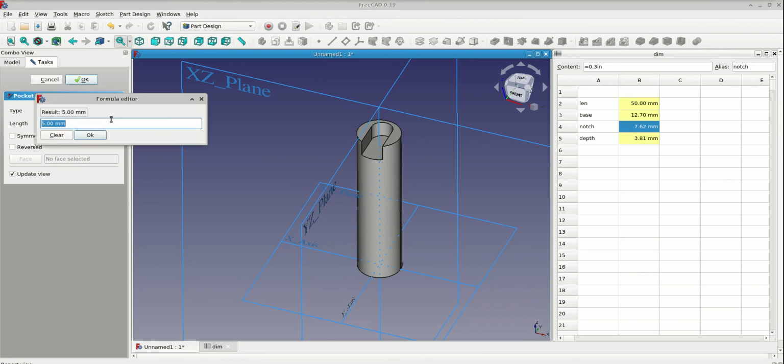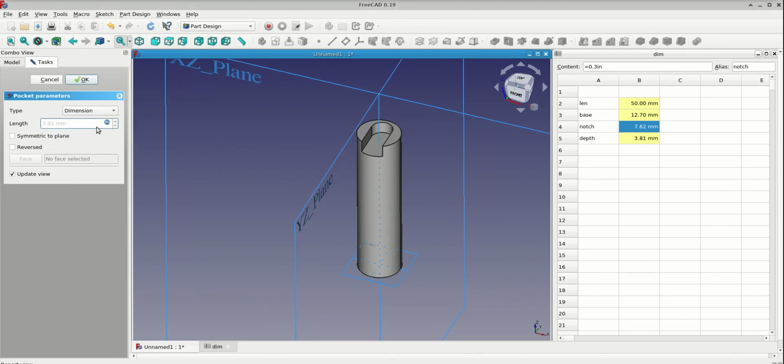So here I'm going to do dim dot depth. Sorry, sometimes it's a little bit finicky. Dot depth, here it is. Okay, so now we have our follower. This is the one that we want to do. So I'm going to say okay,